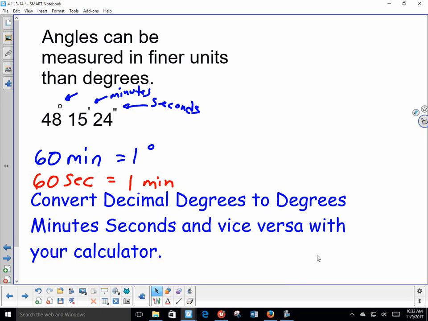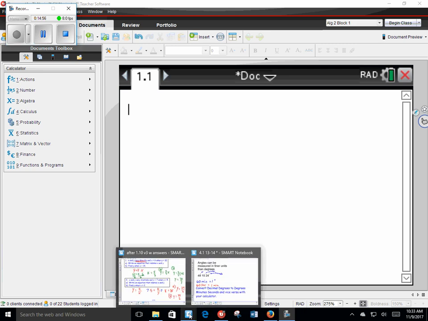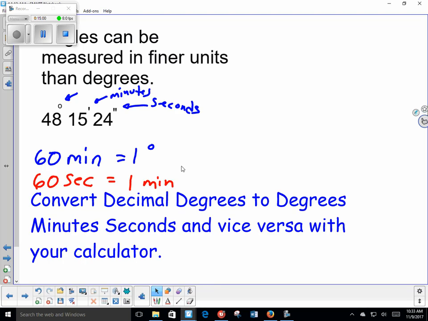I need to pause for a brief moment. Okay, so we are back, and we are going to be converting, and you can't see anything, can you? Okay, and we are going to be converting